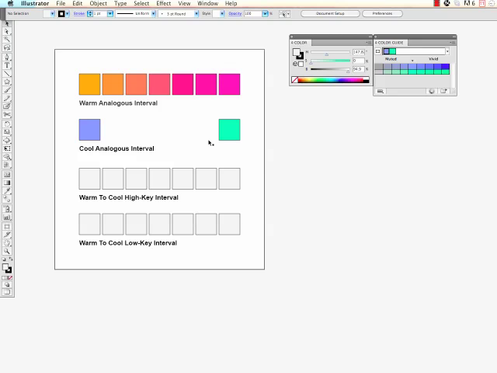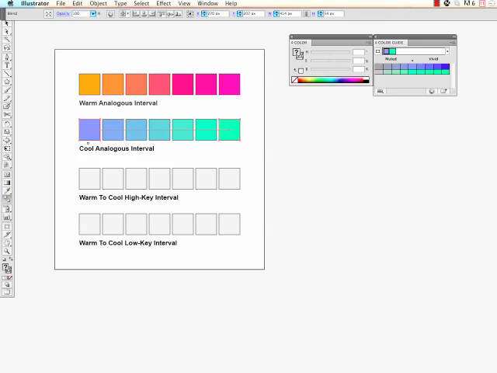Deleting these inner ones, making sure my blend options are still okay, so I'm just going to click on the blend tool and click on these two shapes, and my blend is created. Now the warm to high key interval blend is specific. Now note in the instructions that it asks you to have one parent color that is in the high key range,